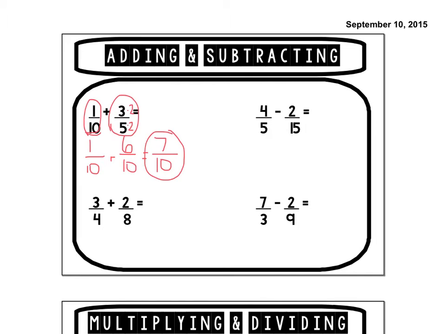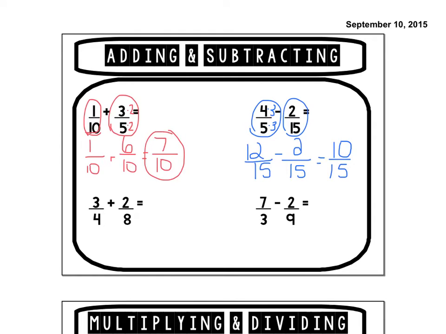On the second one, we have to find the common denominator between 5 and 15, which happens to be 15. So we're going to have something over 15, it's a subtraction problem, something over 15 equals something over 15. With the first fraction, we have to multiply by 3 to get to that 15, so we have 12/15 minus, we don't have to change the second one, so we end up with